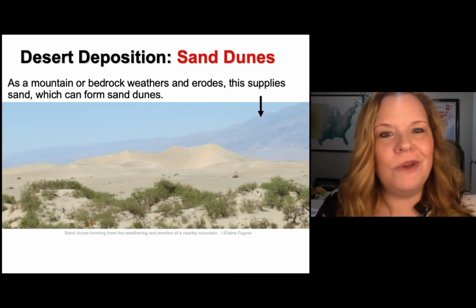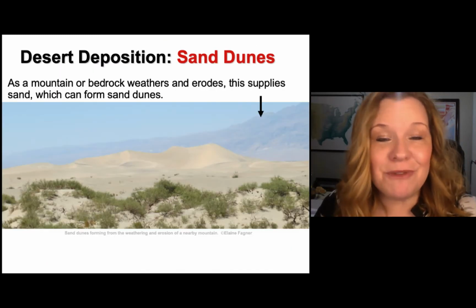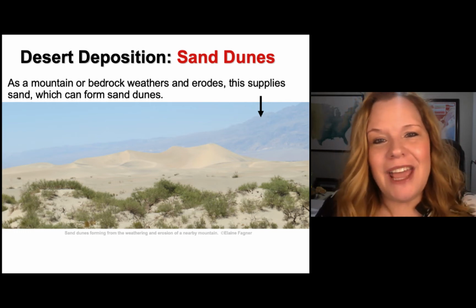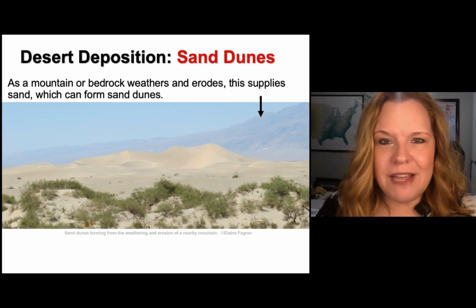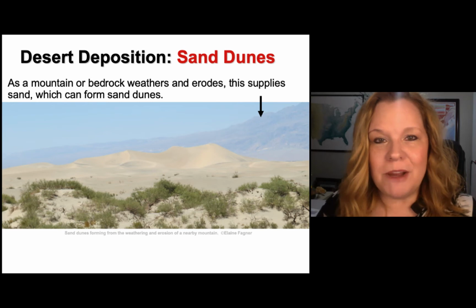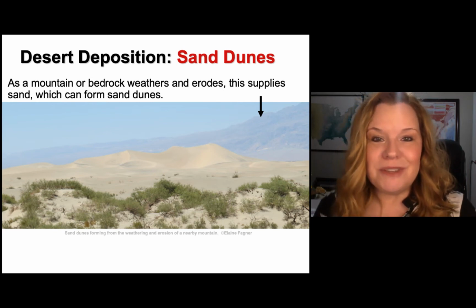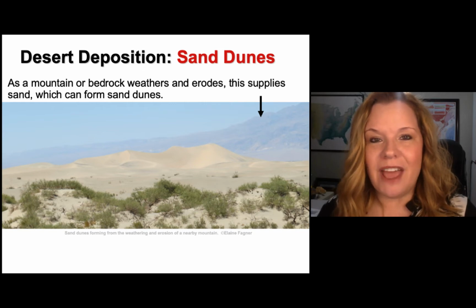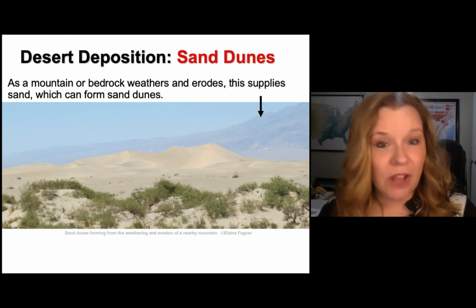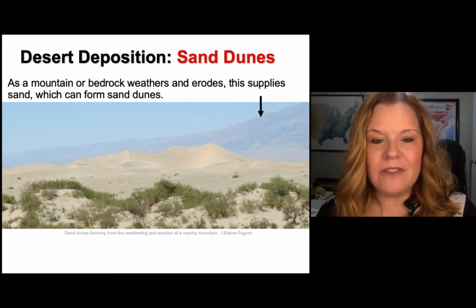So let's talk about how wind does deposit sediments. We've been talking about weathering and erosion. Let's talk about deposition. In some areas you can form sand dunes, but there has to be a source to create the sand. And I kind of started this conversation off by talking about the source of material for places like Zion and Bryce, that they had to be weathered from something to create the rock formations that were in the Colorado Plateau. So this is in Death Valley.